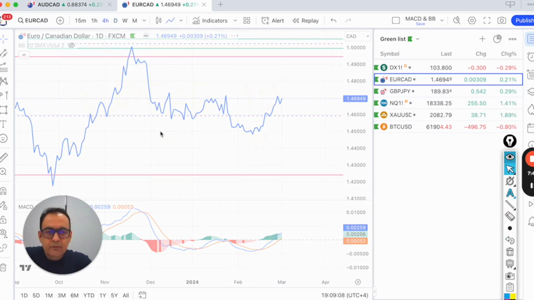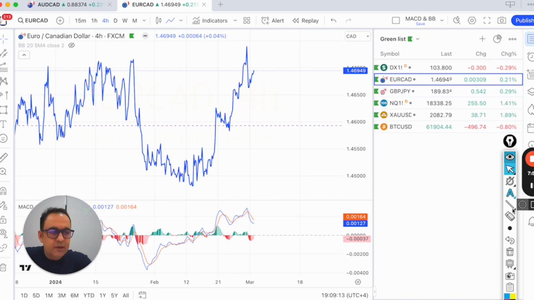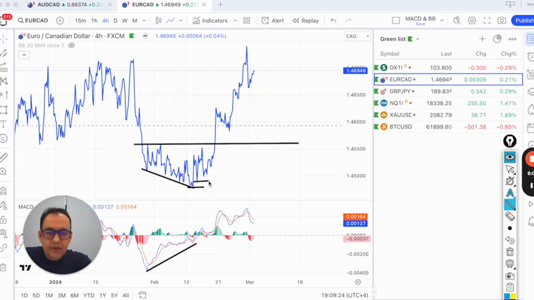Moving to 4H. On the 4-hourly chart, it has already formed a bullish breakout. We had bullish divergence, the breakout structure was completed, and we got the sequence of low, higher low, higher low, higher low, higher low, along with higher highs. And we can notice some weakness here based on MACD histogram divergence, but on the MACD lines it is still making higher highs. So a short-term pullback is expected, but not a major turnaround, and we should buy on the dips to target